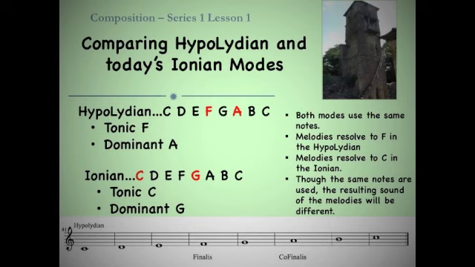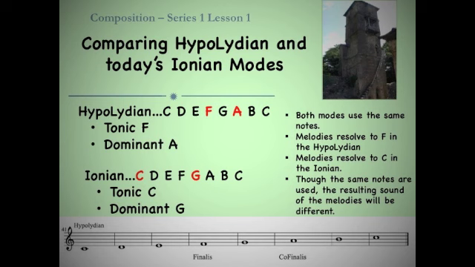Now, the reason it's going to sound different is the emphasis. In the medieval era, this set of notes, C, D, E, F, G, A, B, C, is going to circle around F and A, tonic and dominant. In the modern era, the melodies will circle around its tonic and dominant, which for us is C and G. So even though it's the same set of notes, it's going to come off sounding different to the ear. And as we move along, and you'll see how these modes work, you'll be able to hear that.